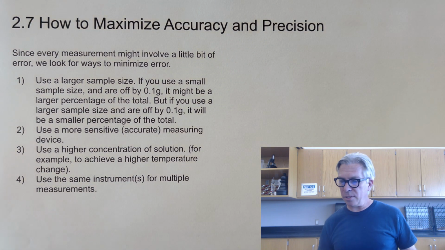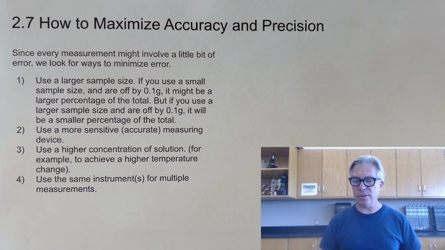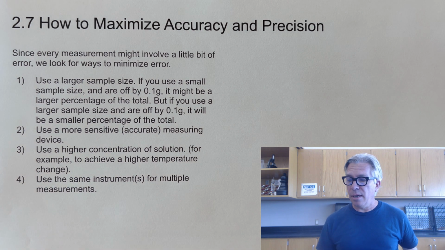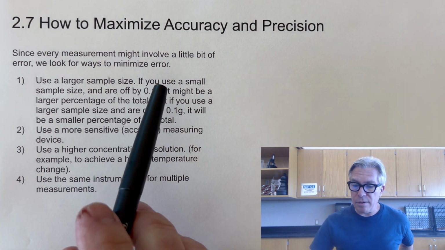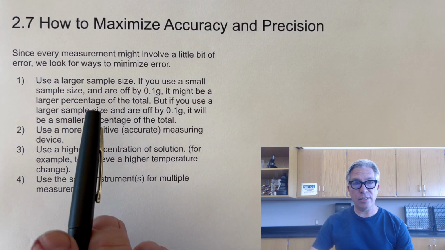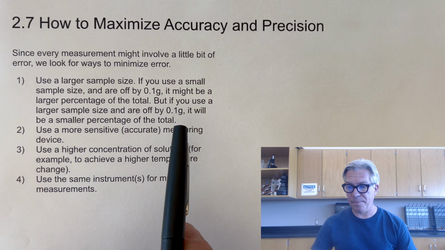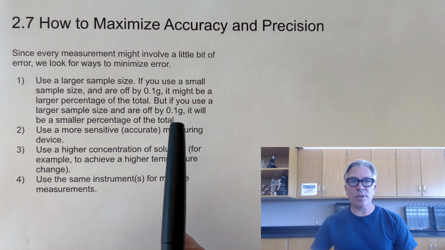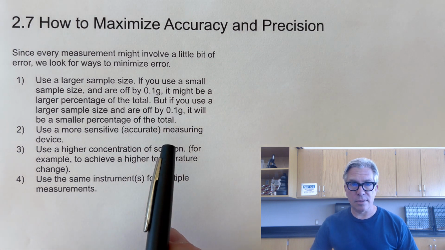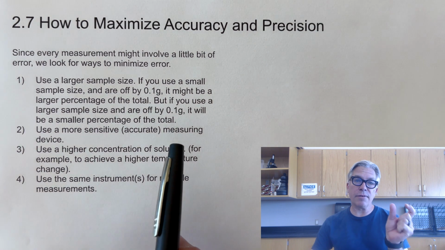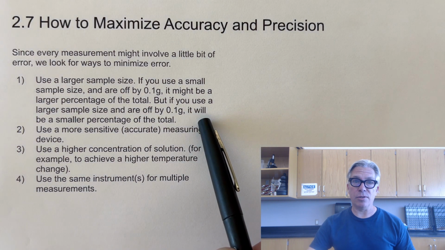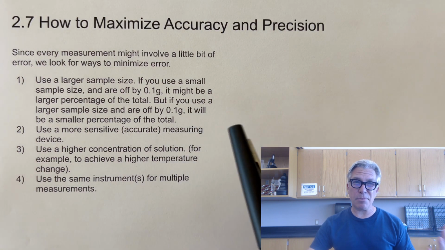We're getting close to being done with this episode. How do we maximize accuracy and precision? You might see questions about this after you've done a bunch of chem labs and have this experience. Since every measurement might involve a little bit of error, because there's always an estimate there, we look for ways to minimize error. So one way to do that is to use a larger sample size. And what that does is, let's say your instrument is good to the 10th place, and you're measuring a tiny sample, and you're off by a 10th. That might be a significant fraction of your sample. But if you use a bigger sample, and you're off by a 10th, it's a smaller fraction of your sample, so you have less error. So bigger samples typically mean